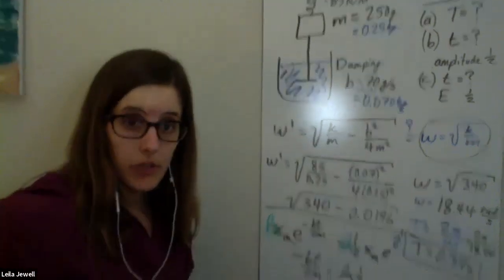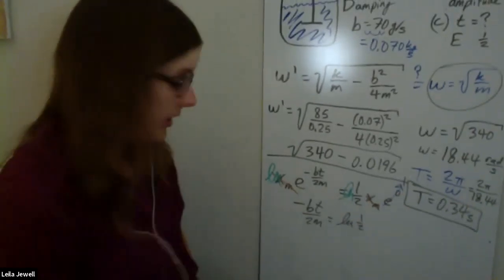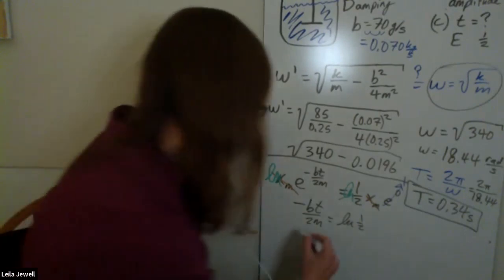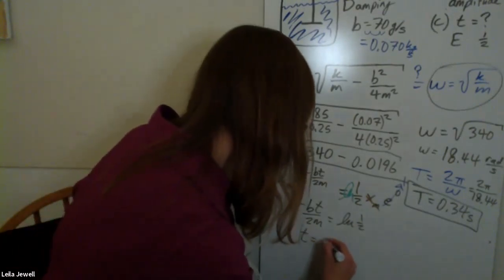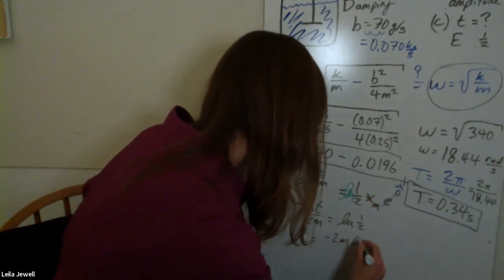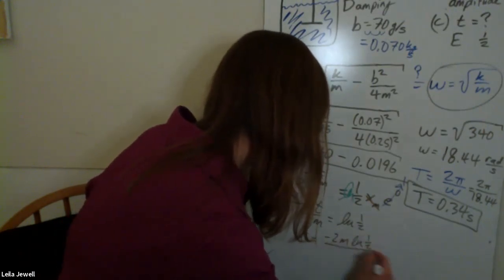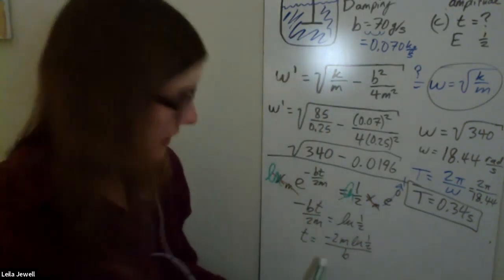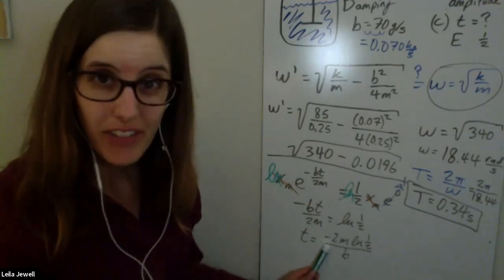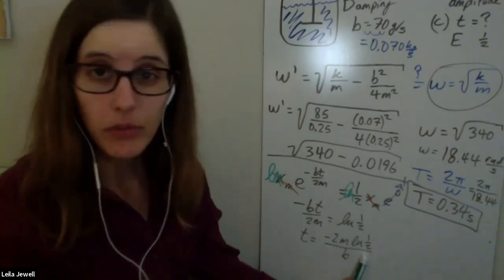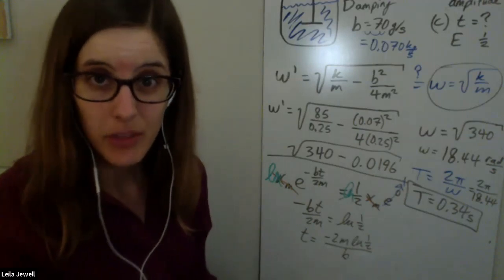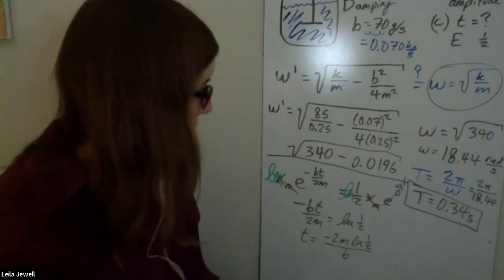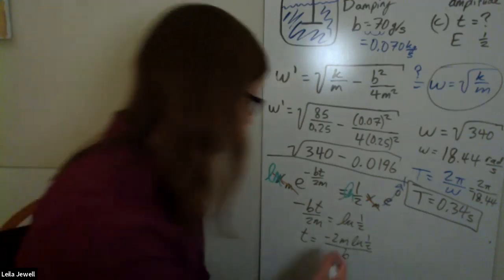Oops, and we're getting a little too low there. There we go. So to solve for time, I'm going to multiply both sides by negative 2m over b, and then we'll basically be home free. So negative 2m times ln of 1/2 divided by b. And we're glad that there's a negative sign there. This can feel a little scary, having a negative time, but it's the natural log of 1/2. Because it's the natural log of something less than 1, this is going to give us a negative value, and it will cancel out. And so if we plug in our mass of 0.25